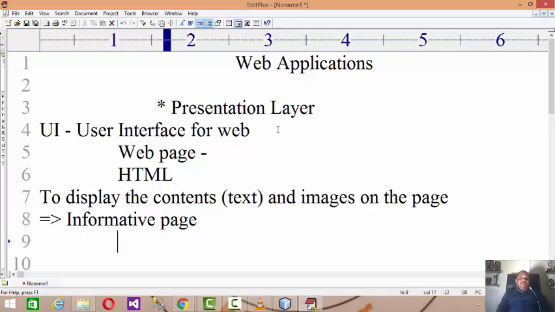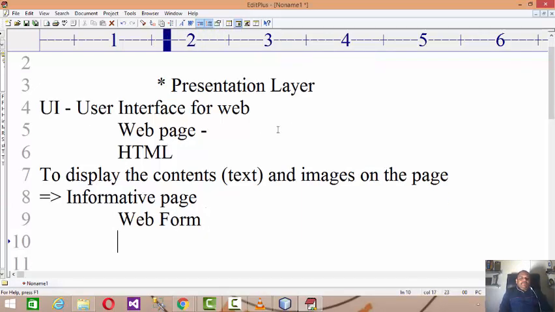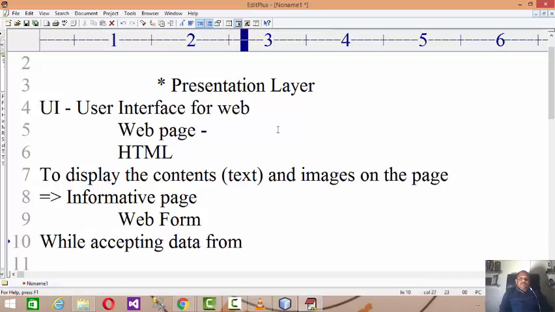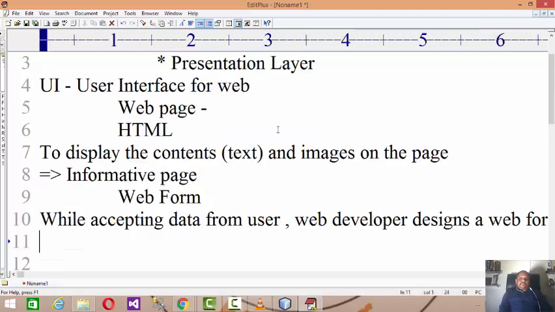Now the second type of web UI is the web form. Web form means that while accepting data from the user, the web developer designs a web form.